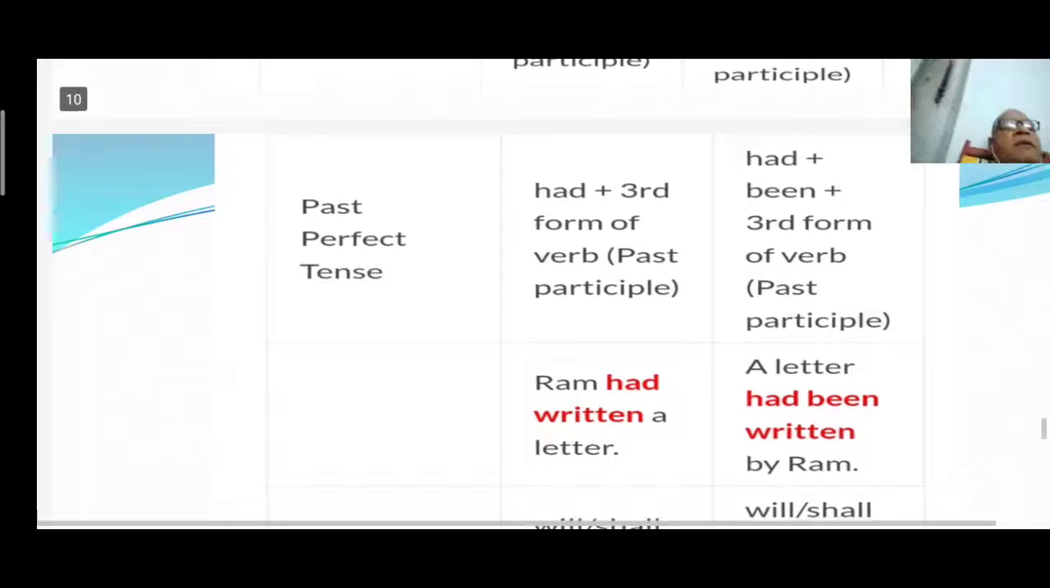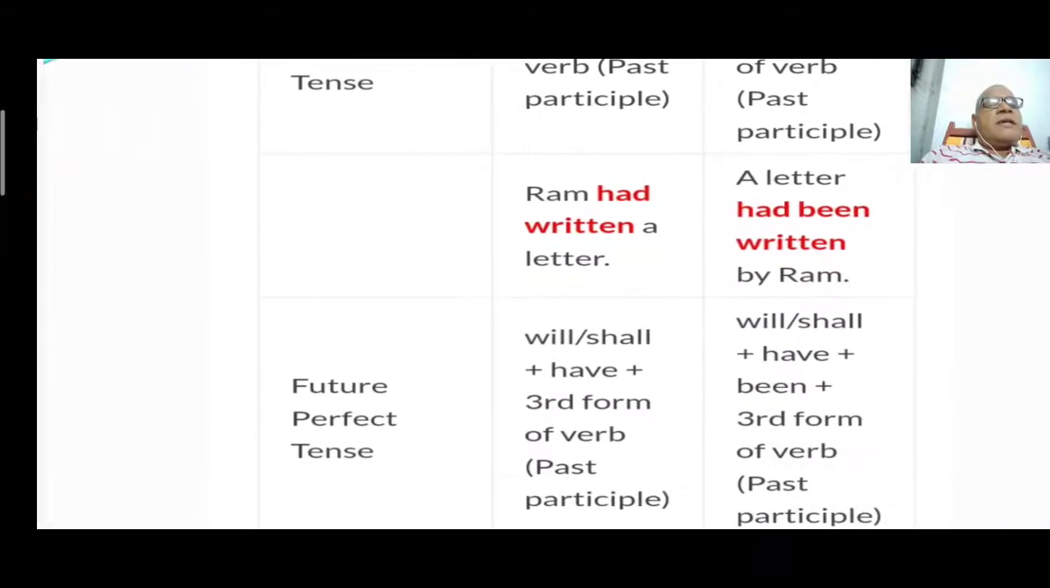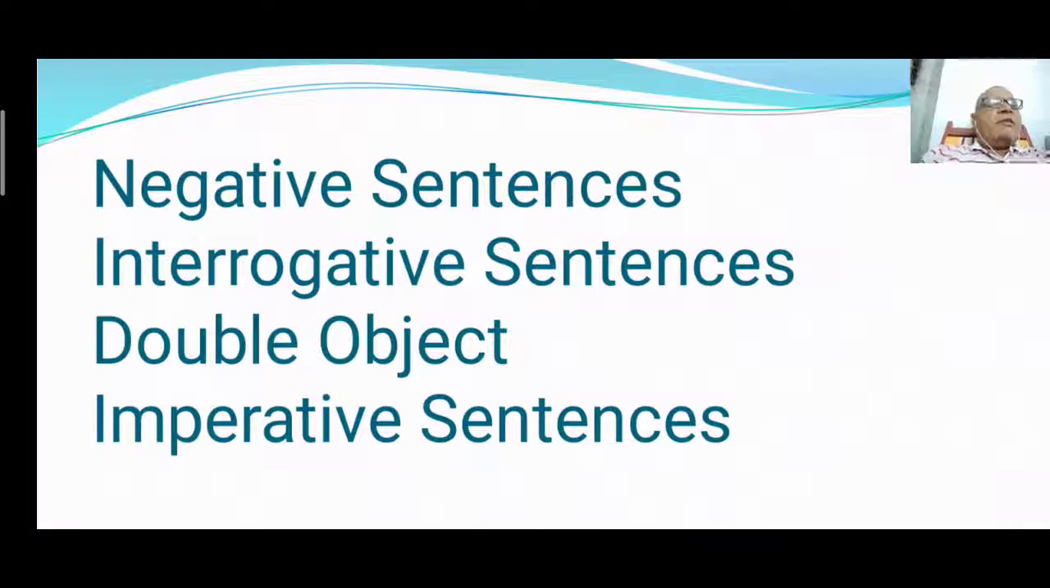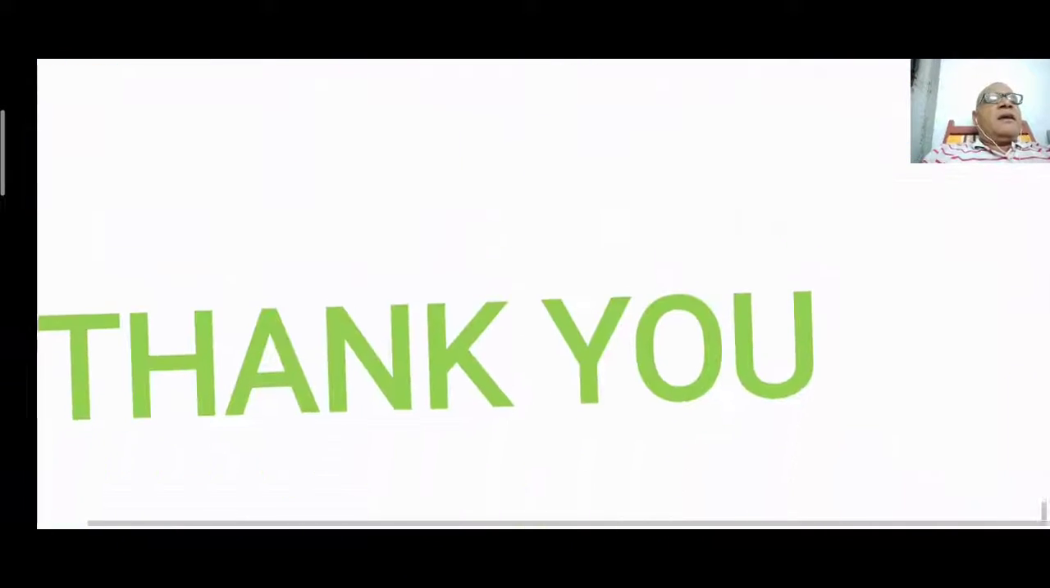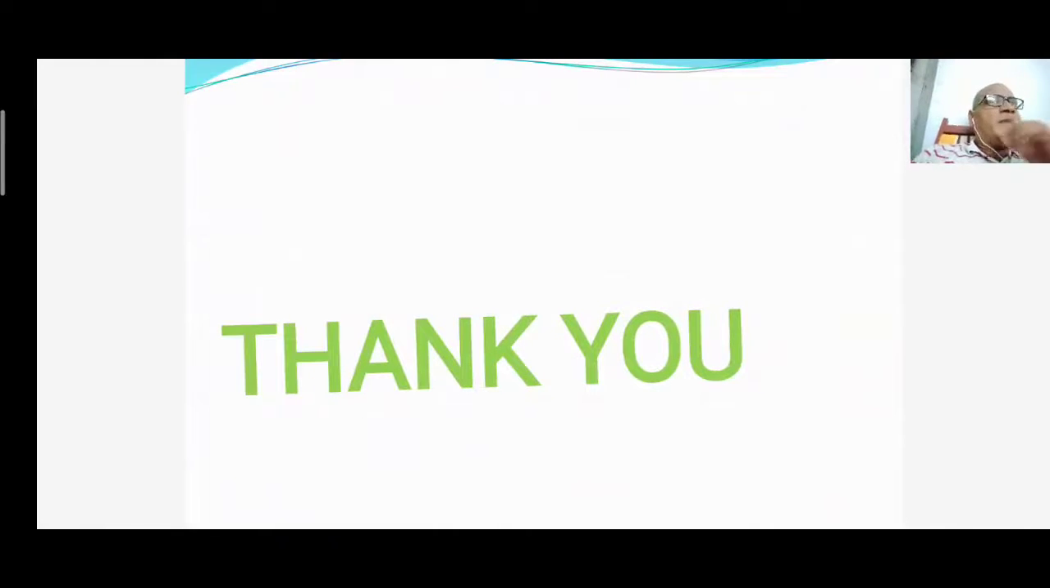For the coming classes we are going to learn about all these interrogative sentences also. In a forthcoming lecture, let me give you negative sentences and interrogative sentences, and how double object sentences can be changed from active to passive voice, and how imperative sentences can be changed from positive to negative, and how modal auxiliary sentences can be changed, and how if we have ought, dare, need auxiliaries, how these can be changed from active voice to passive voice. We'll come to know that in